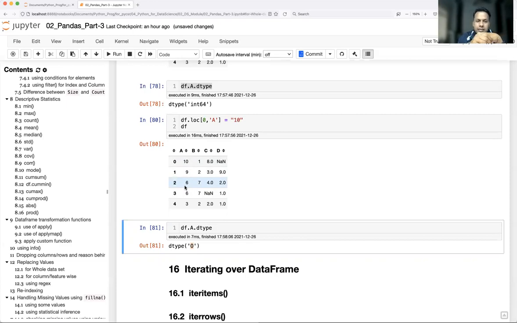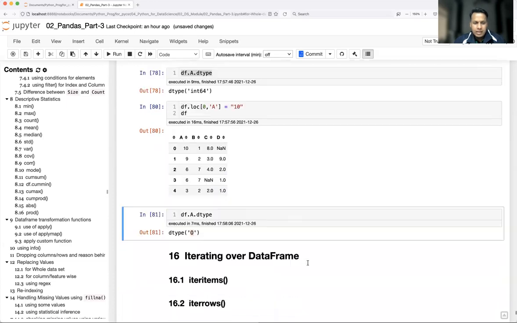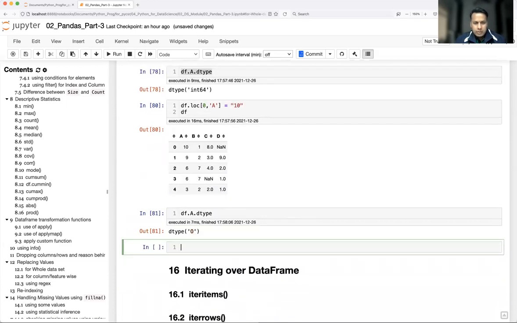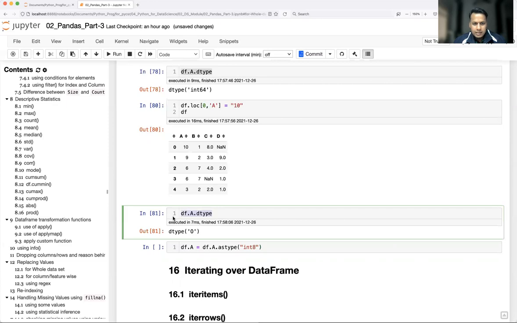Since it is a string, you cannot apply any mathematical operation over those numbers. So what you have to do is use astype. I'm going to replace df.a with df.a.astype. What kind of type do I want? I want them to be int8. And after that I'll check df.a.